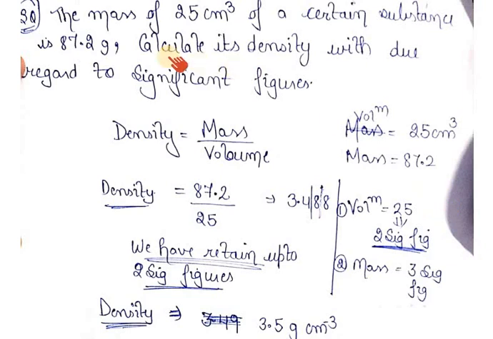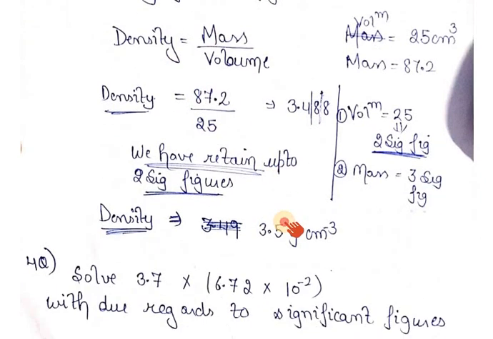Third question. The mass of 25 centimeter cube of a certain substance is 87.2, calculate its density with due regard to significant figures. So first of all, you will see the significant figures in both numbers. 2 significant figures here, 3 here. You want to retain your answer up to 2 significant figures, the weakest number, right? And you know what is the formula of density? That is mass upon volume, right? So put down the value of mass, that is 87.2, and volume is 25. Find out the answer, that is